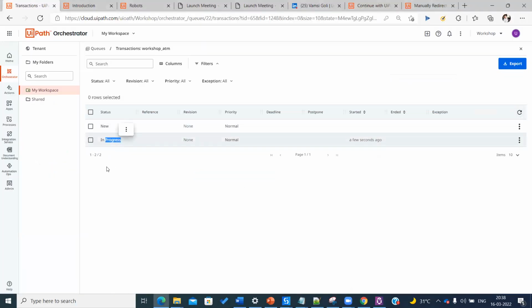Now it's In Progress. That means the robot would have started processing, and at a later stage, if you add a lot more steps there, you will go from In Progress to Successful or Failed or whatever status you are seeing. You can customize and do your development. This is the developer's job, to customize the things and get it updated according to the status. Okay, so that's about queues.